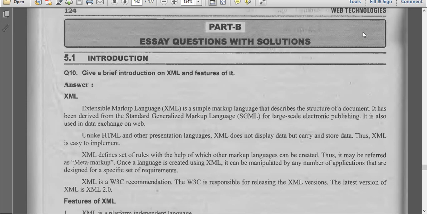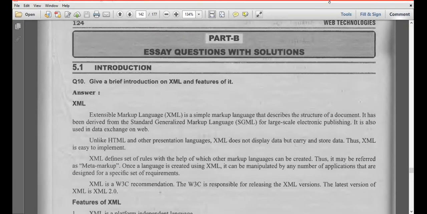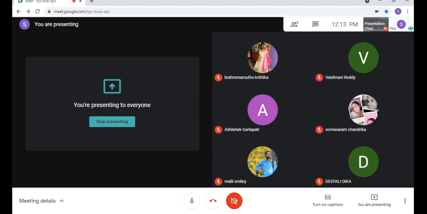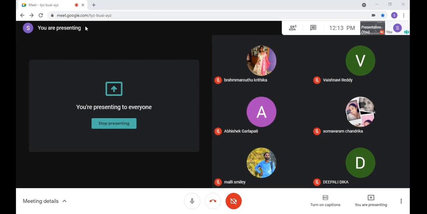and it is also used in data exchange on the web. For example, if you take any browser and look at the URL, meet.google.com/tz-bui-ayz, this is called some content.